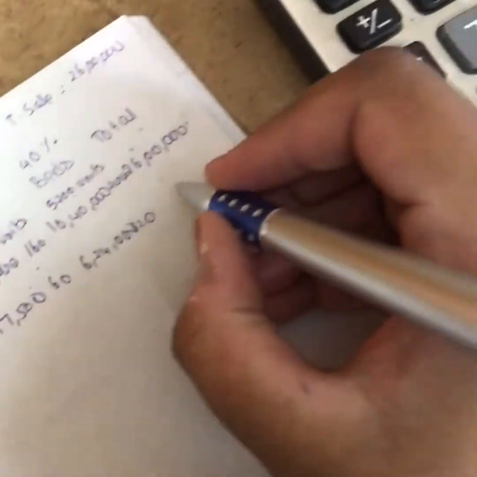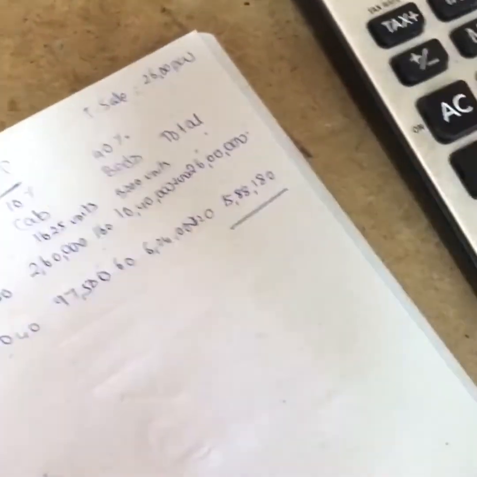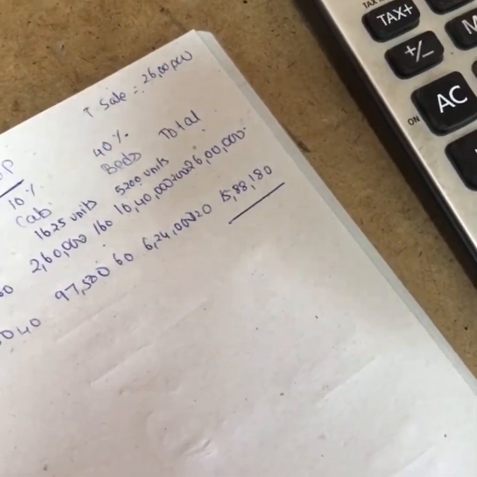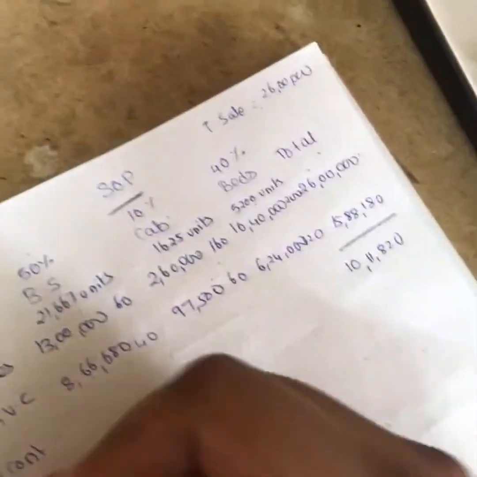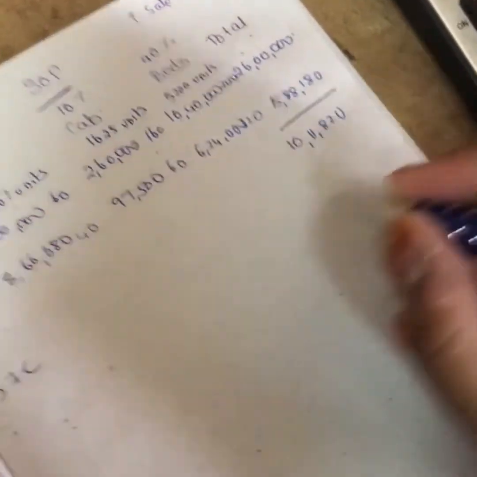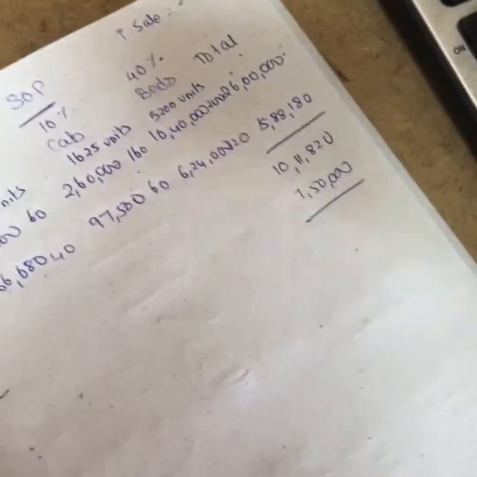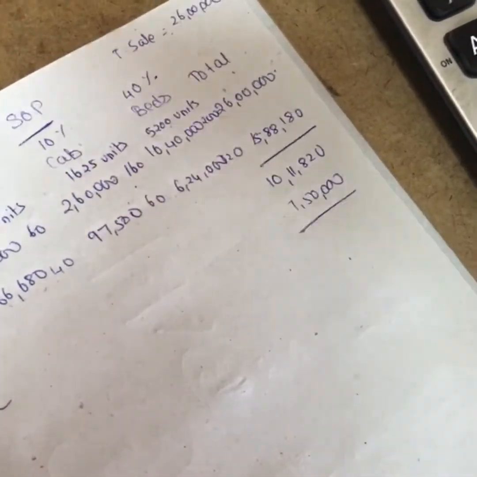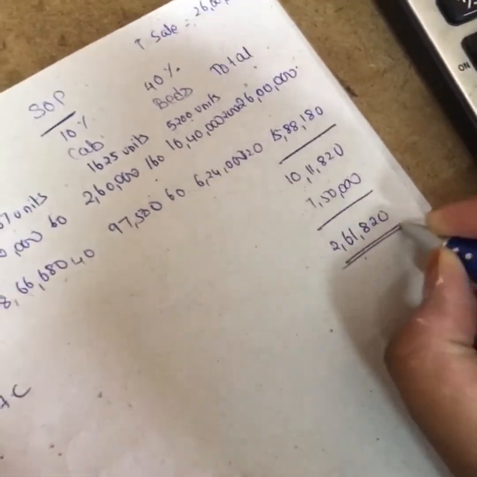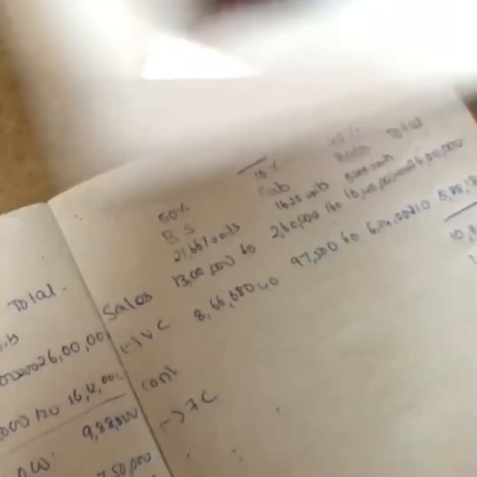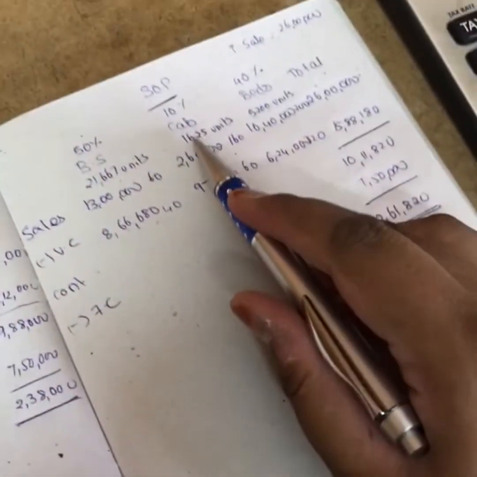8,66,680. So total you get 15,88,180. So if I minus this from sales, I will get my contribution. How much? 26 lakhs. If I minus, I get 10,11,820. So with this I will minus my fixed cost. Fixed cost is 7,50,000 given in the question. So minus 7,50,000, it is 2,61,820. Okay, now we have calculated statement of profit for both, for tables as well as for